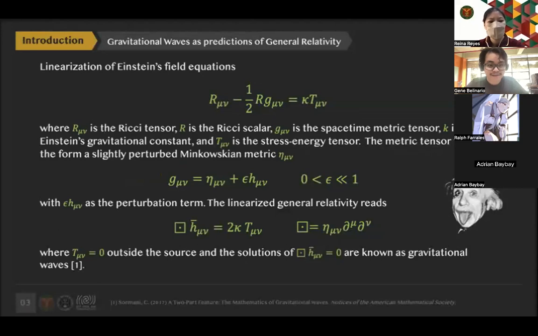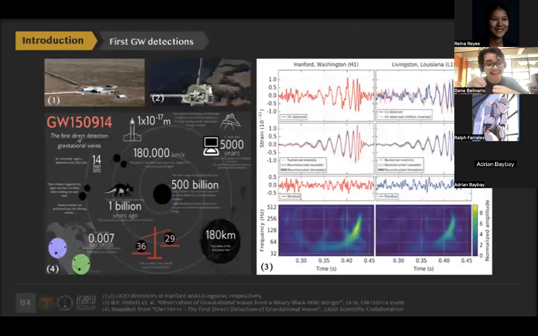Gravitational waves have long been suspected since 1916, after Einstein developed his general relativity equations. The linearization of Einstein's field equations, as you can see in these sets of equations, has a wave solution described by transverse disturbances of spatial strain traveling at the speed of light, originating from the time variations of the mass quadrupole moment of the source. And then about 100 years later, or 99 years to be more precise, we were finally able to detect the